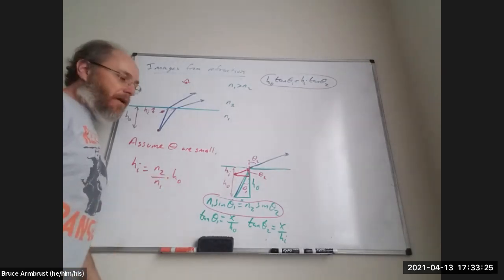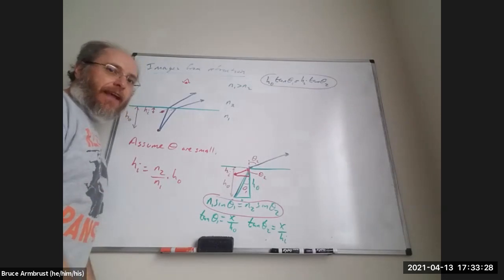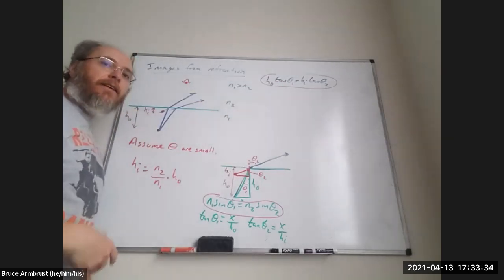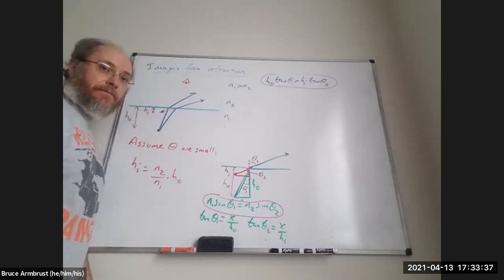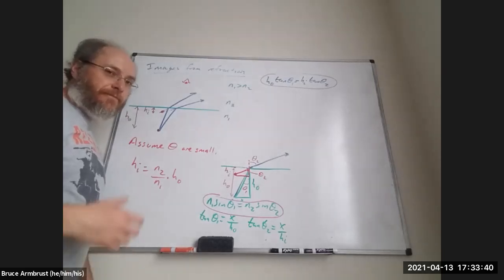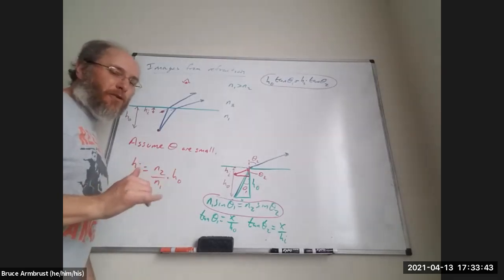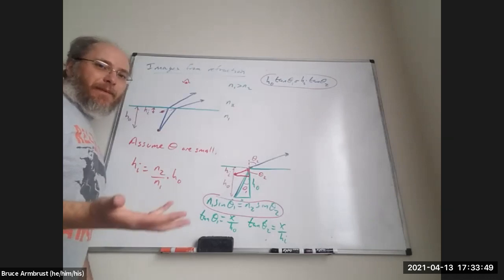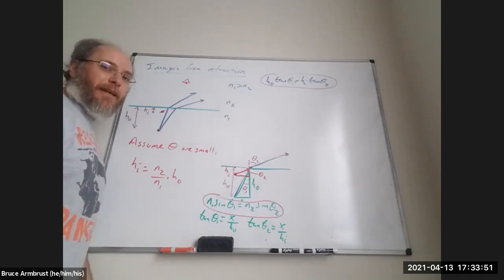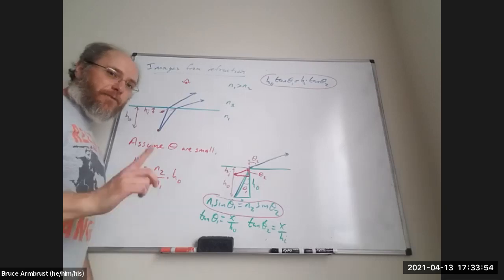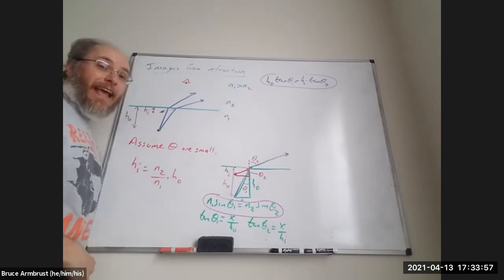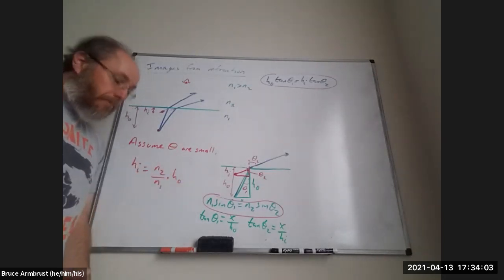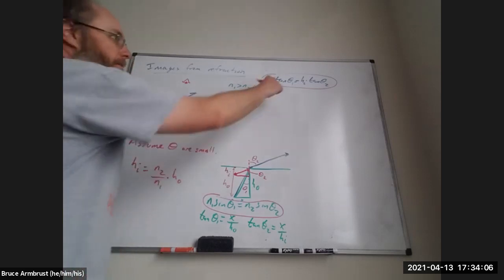If the angles are small, sine of theta looks like theta. Also, tangent of theta looks like theta. Okay, so that's the small angle approximation. Hopefully you guys are okay with that. We use it all the time in physics. And it comes from basically the limit laws in math. If you remember, the limit as x goes to 0 of sine x over x equals 1. That basically just tells you that the angle ends up being the same as the sine when you get very small. All right, well, because of that, this equation becomes